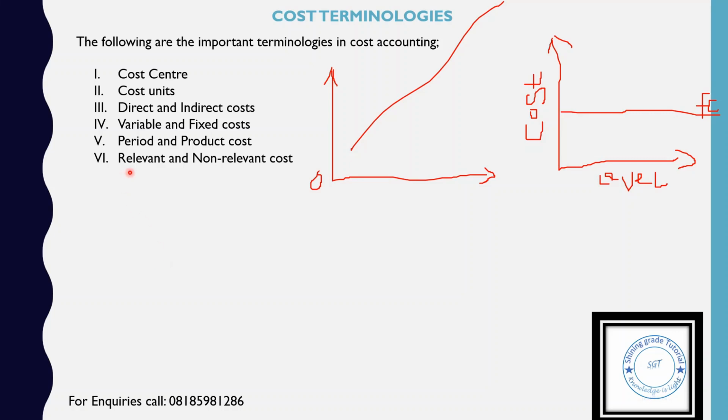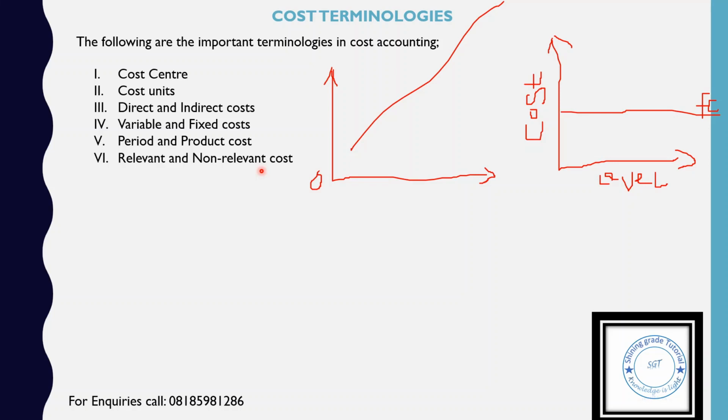So we usually classify costs on the basis of whether they are going to influence the decision or not. The management usually considers, for instance, will my decision change if I incur this cost or not? If the decision will change as a result of that cost, then the cost is relevant to that decision. So it will be recognized.